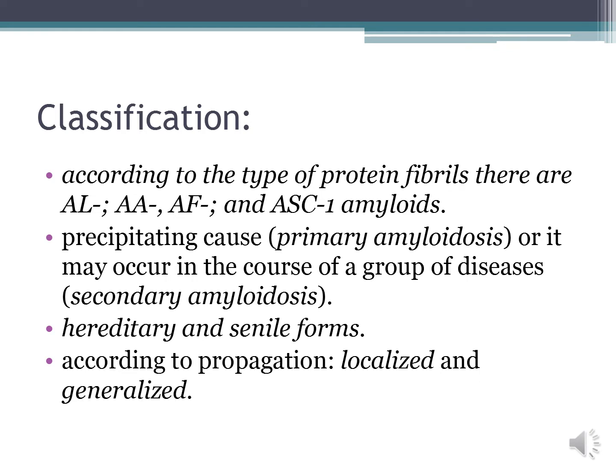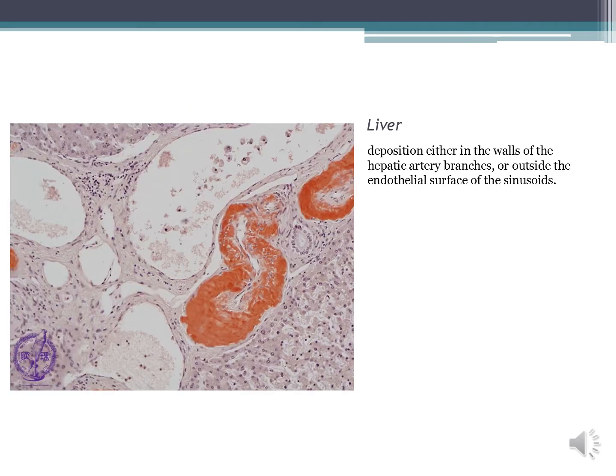And according to propagation, we classify all amyloids into localized and generalized pathology. How do the organs look in case of amyloidosis? Here you see the microscopic picture of the liver, and in case of liver amyloidosis, we see the deposition